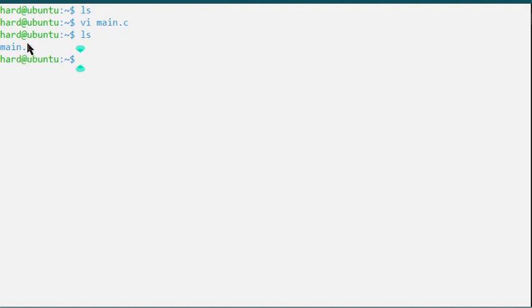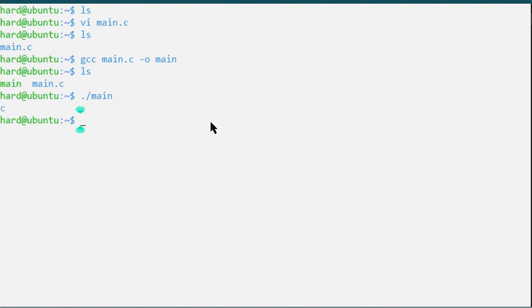So this is our file. So if you want to use GCC, you simply say GCC then main.c. Now I haven't specified an output file. If I wanted to specify an output file, I would have done this. Then maybe I just say main. Then this is where we have specified an output file. So if I press enter then do ls, we'll see that main is now there as an executable. So if I run this executable file, which is main, it's going to print C followed